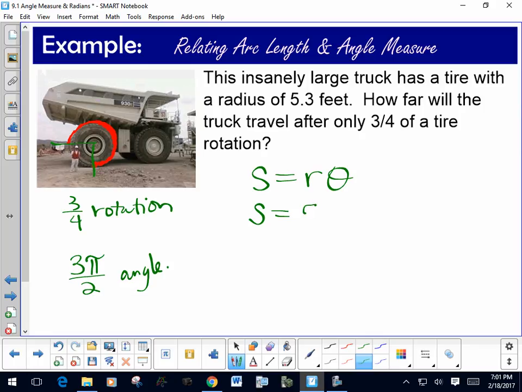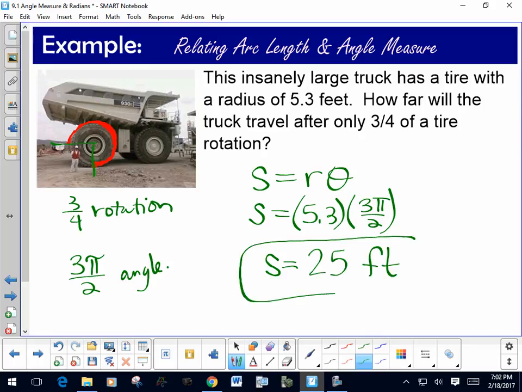So we have a radius of 5.3, and we're going to multiply it by the angle 3 pi over 2. We're going to get a decimal approximation here. So we find that this truck rolls forward about 25 feet, even if its tire is only making 3/4 of a revolution. These are huge tires, so they don't have to turn a whole lot to move that thing